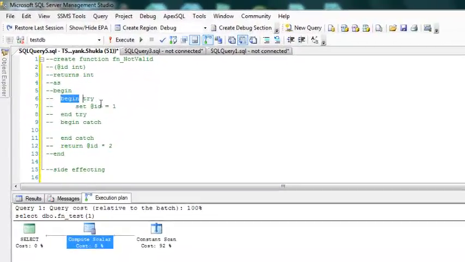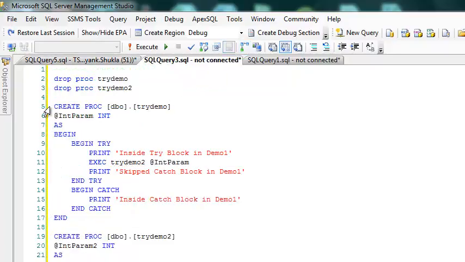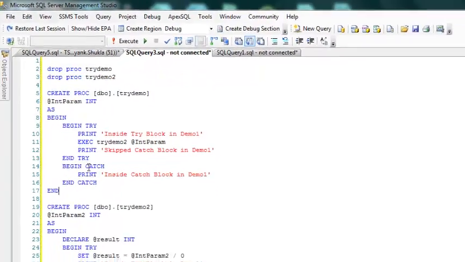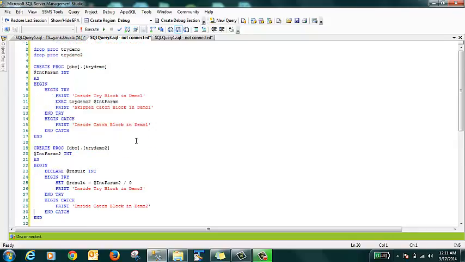Now the concept comes of how begin try and begin catch is changing the scope, or becoming side effecting. Let me try to explain it this way. I have this procedure with a begin try begin catch, and a second procedure with begin try begin catch. I'll remove this raise error, I don't want it. My purpose is that I am passing a parameter which I take as input in this try demo.